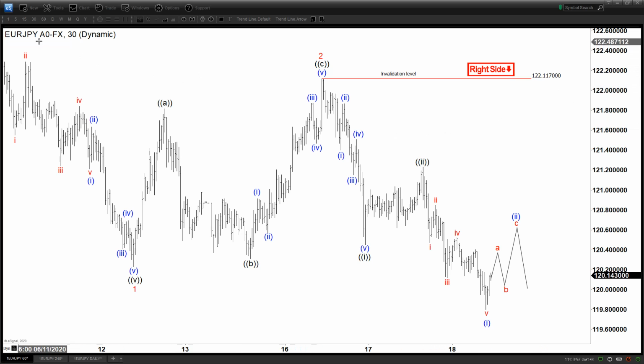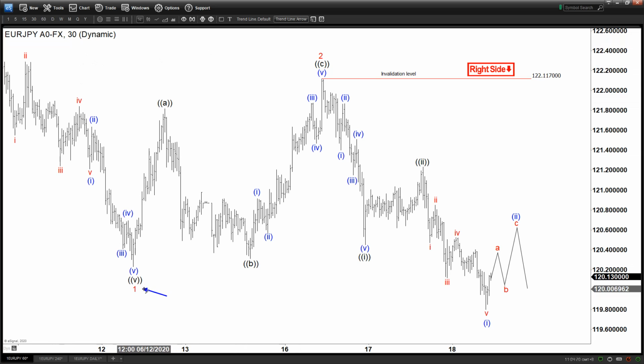GMT. So today we will be looking at the chart of the Euro Yen, and for this chart, I will suggest really just looking at it from a short-term perspective, because the longer term could go either way, and we will take a look at that. But at least in the shorter cycle, we can see right here from the 30-minute chart,